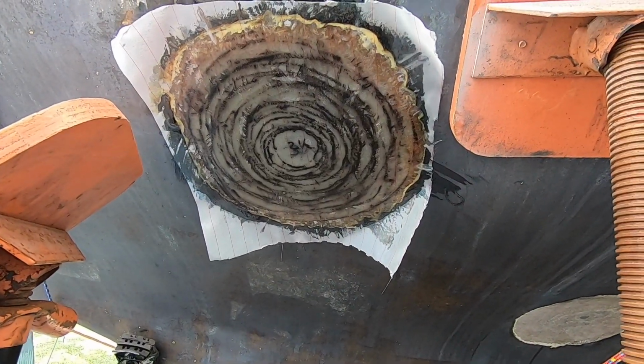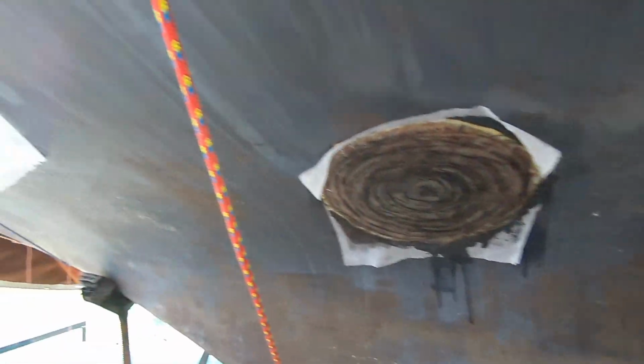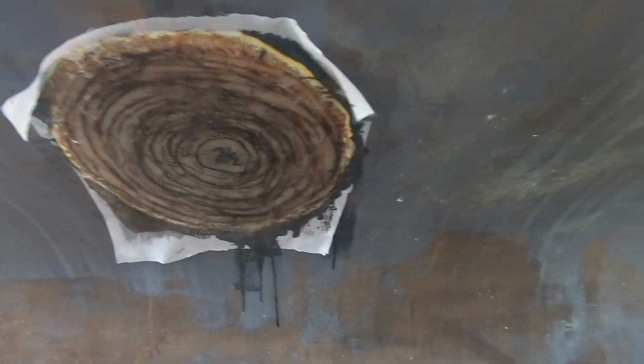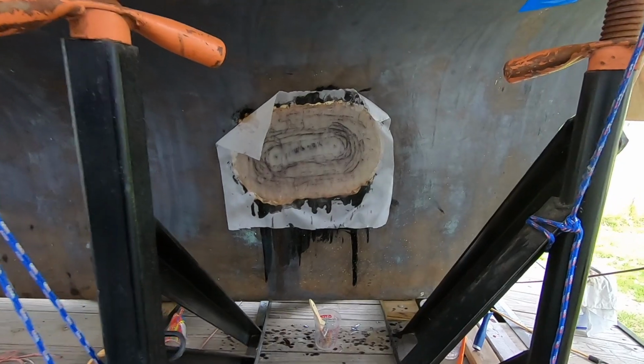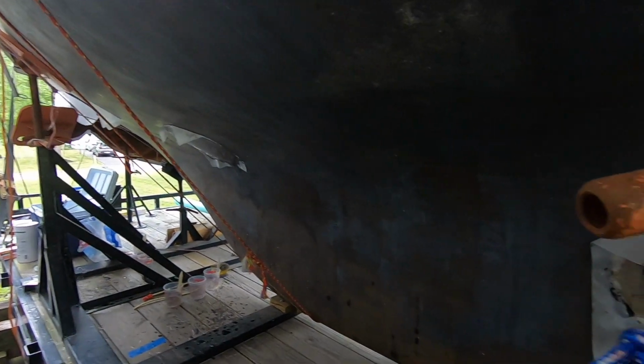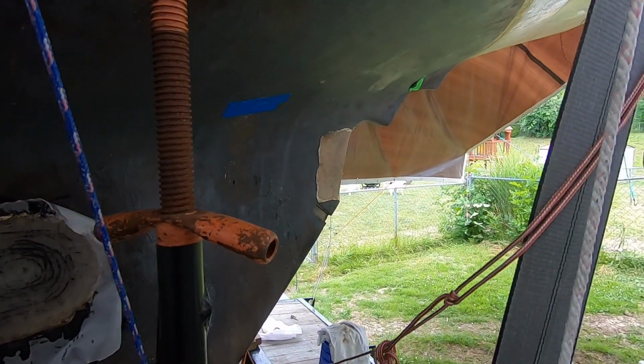One down, 3 to go. And number 2. 1, 2. This one was more overhead than the first one, and then this one will be fairly at that level. 3 and 4. 2 for 1 deal here. That's where I was over there, and now trying to get this. We'll go over to the